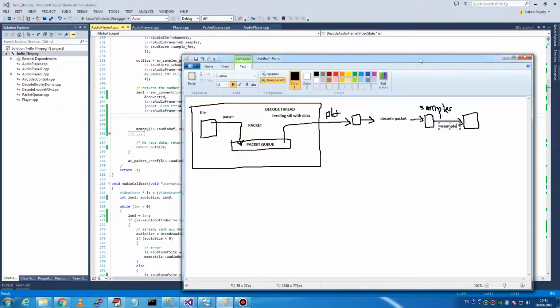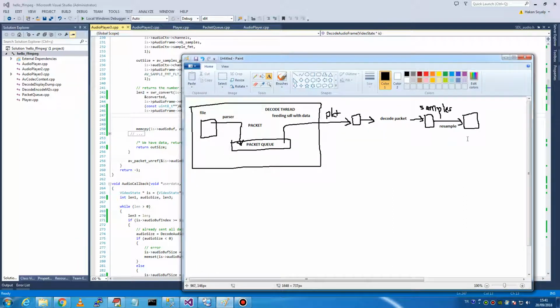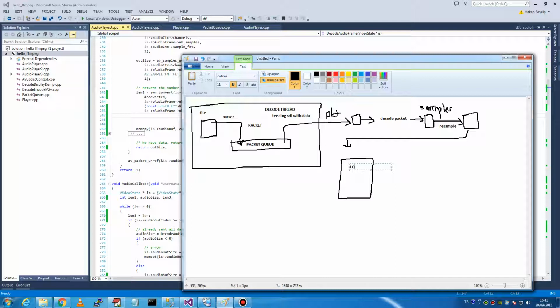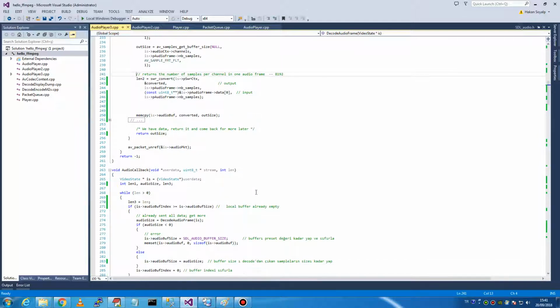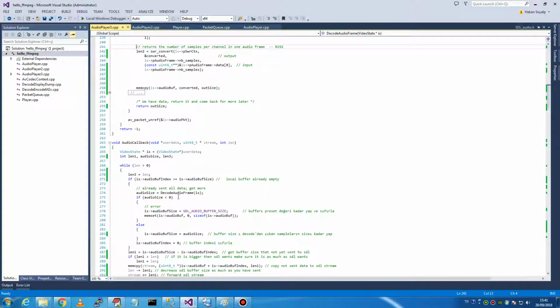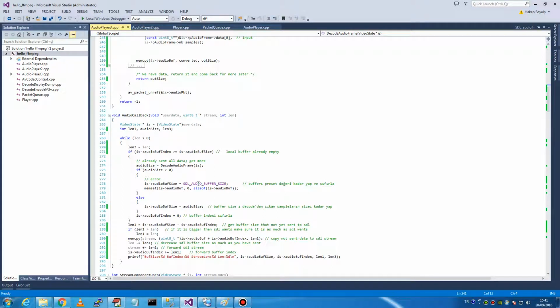Again we have samples. Then we put these samples in our local buffer. These are all performed in the callback action,